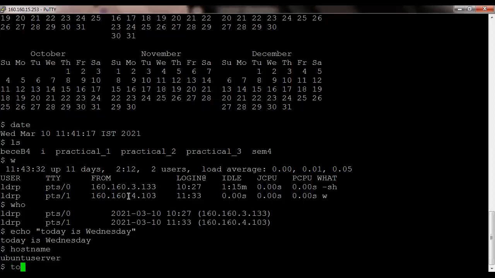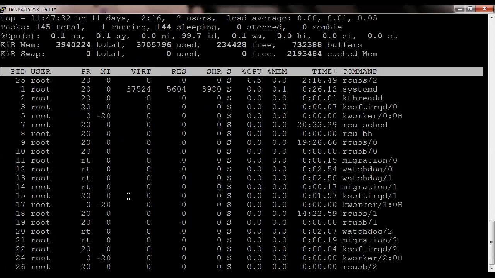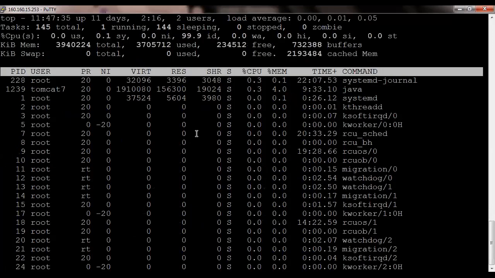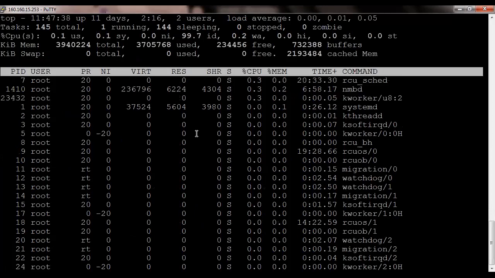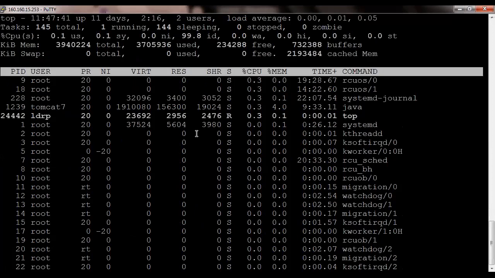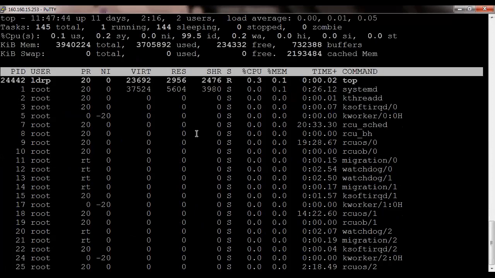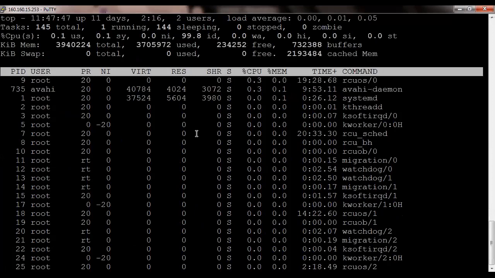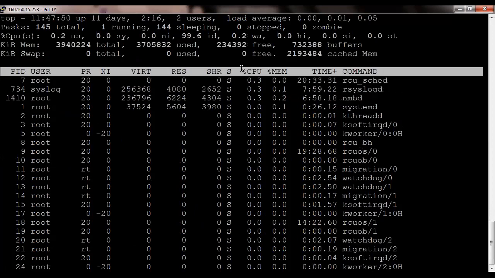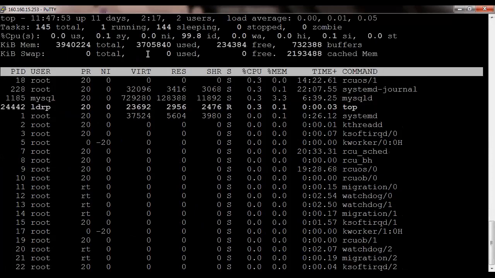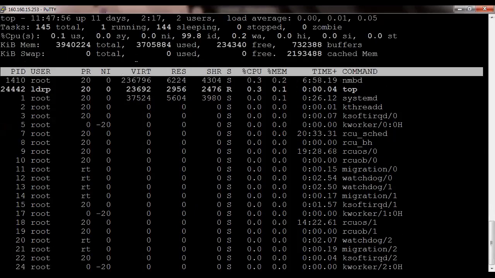A very important command is top. The importance of the top command is very high, because this is what we are going to learn over the subject. Okay, once again I will show this practical. I will show this screen. Please keep your concentration over here, because it shows all the details whatever we are going to learn.